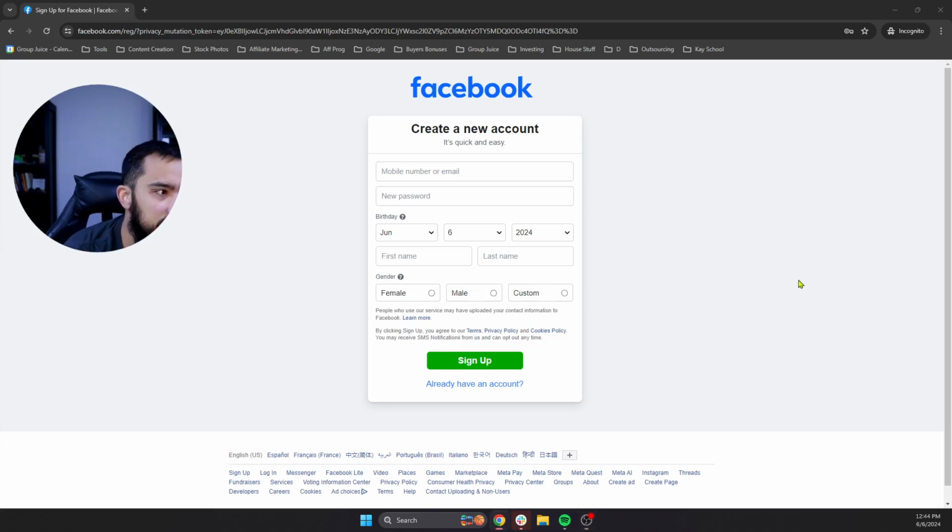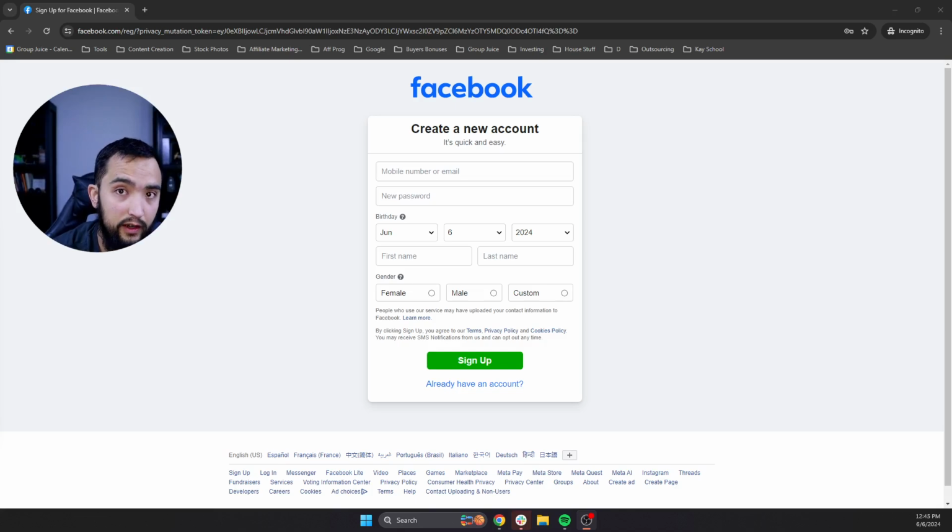Obviously, go to facebook.com, get your account created. I'm going to run through this process real quick, get an account set up, and then we'll start diving into the nitty gritty. If you already have an account, which I would assume and imagine most of you guys do, you can just bypass this part and not really worry about this because, as I mentioned, you're going to want to